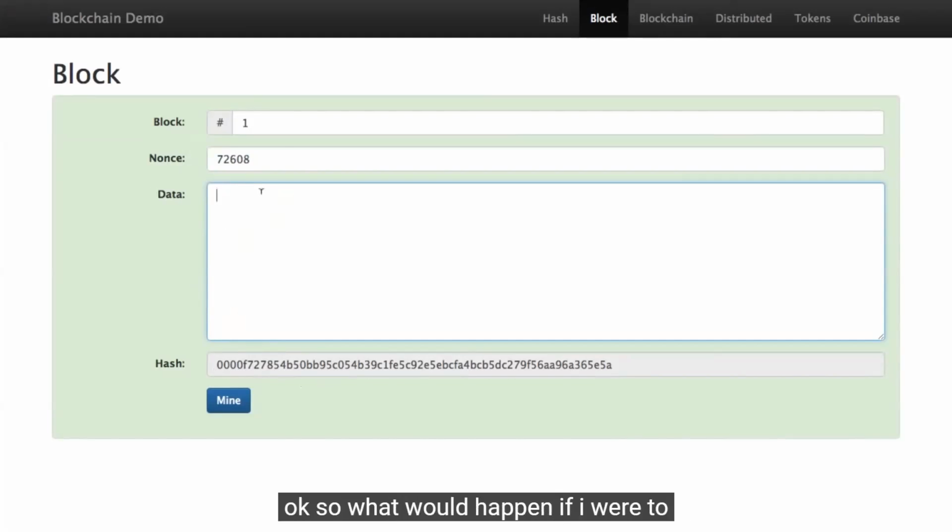Okay? So what would happen if I were to change any one piece of this information? Let's say I were to type something here. The hash is going to change. And what's the chance that, if I type letters, this hash is going to start with 4 zeros? Pretty low. It's probably not. So let's see what happens when I do that. I'm just going to say 5. Oh, look at that. This hash does not start with 4 zeros. And so the background here is turned red. So now you know that this block with this information in it is not a valid or signed block,